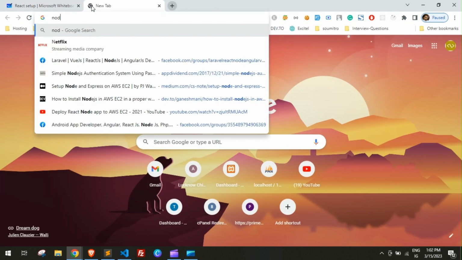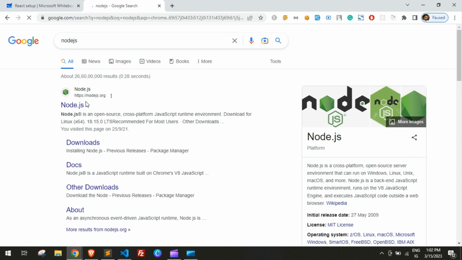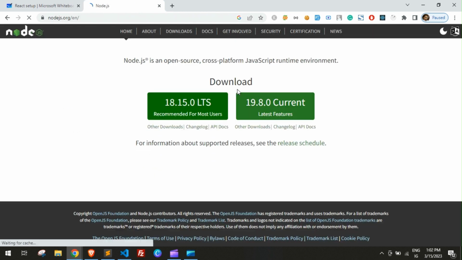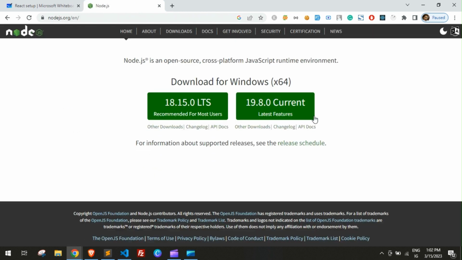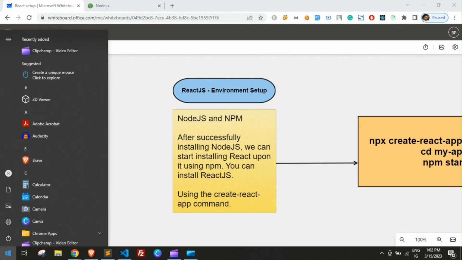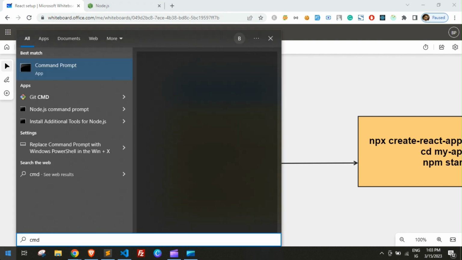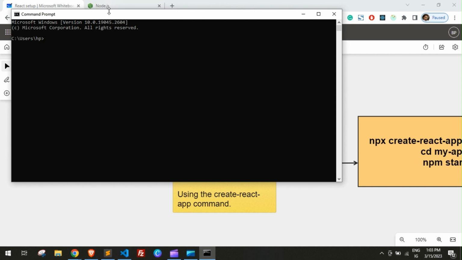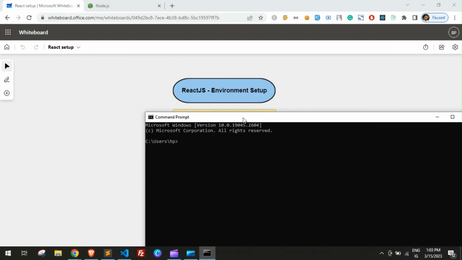For that, you can go to the official Node.js website, and there you can download the most recommended or stable version in your system, as I have already downloaded on my system. So if I go to cmd, and if you want to check which version you have installed, or which version of npm you have installed, what you can do,